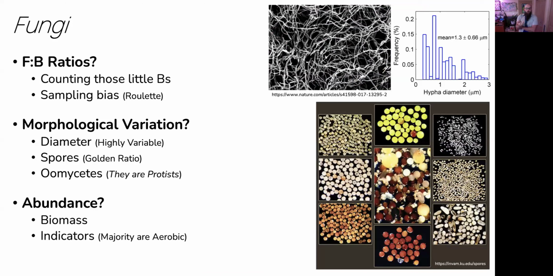Likewise with fungi, I have some real issues with the general trend that fungi would increase in abundance and bacteria would be a little less dominant over the successional transformations in an ecosystem. It's generally true, an observable trend. But I do not like counting bacteria. I think a lot of times there's a lot of bias in being overly focused on getting the biovolume exactly right and micromanaging that. And in fact, I found this paper where they took one